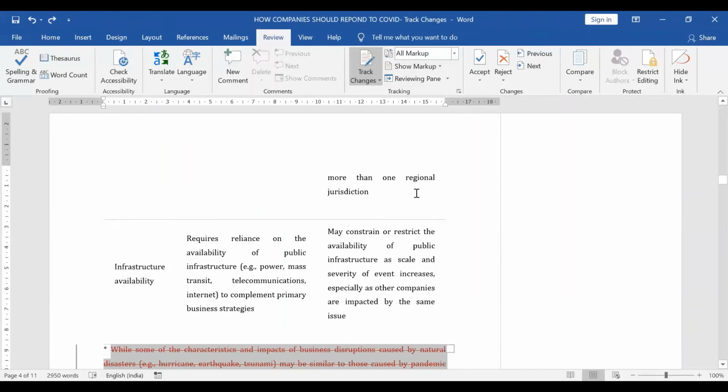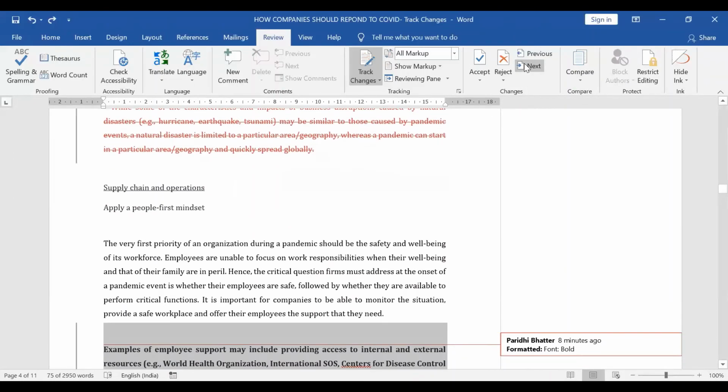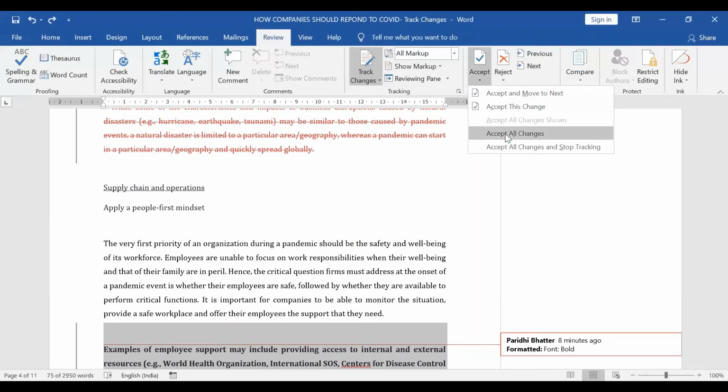If you want to accept all the changes that have been made in your article in one go, you can simply go to this drop down option over here and you can select the option of accept all changes. So all the changes that have been made in this article will be accepted. And if you select the option of accept all changes and stop tracking, then this option of track changes will automatically be unselected.